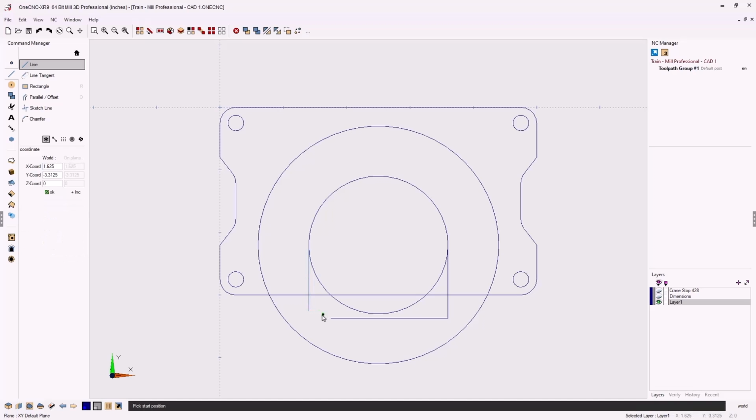Let's do the same for the larger diameter circle. Wait till we're at the quadrant. We're going to left click, pull straight down, left click, come over to the left and left click. When we're done with that line, we're going to right click. Same process. Grab the boundary with the left click, pull straight down, left click, and when you're done, right-hand